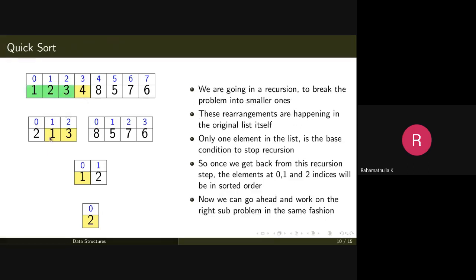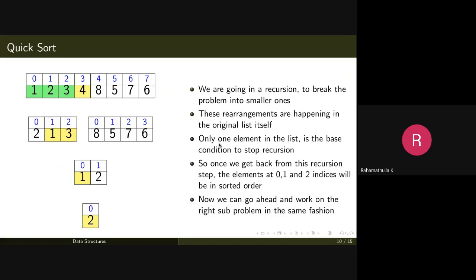We had this subarray 2, 1, 3. At one point of time, we have taken this as the pivot element, so this will be at its appropriate position. At some other point of time, you've taken 1 as the pivot element, so 1 will be shifted here, 2 will be shifted this side. So 1 is at 0th position, 2 will be at position 1. Now 2 will be at its correct position. So the sorted arrangement will be 1, 2, and 3, and 4 is already in its correct position.